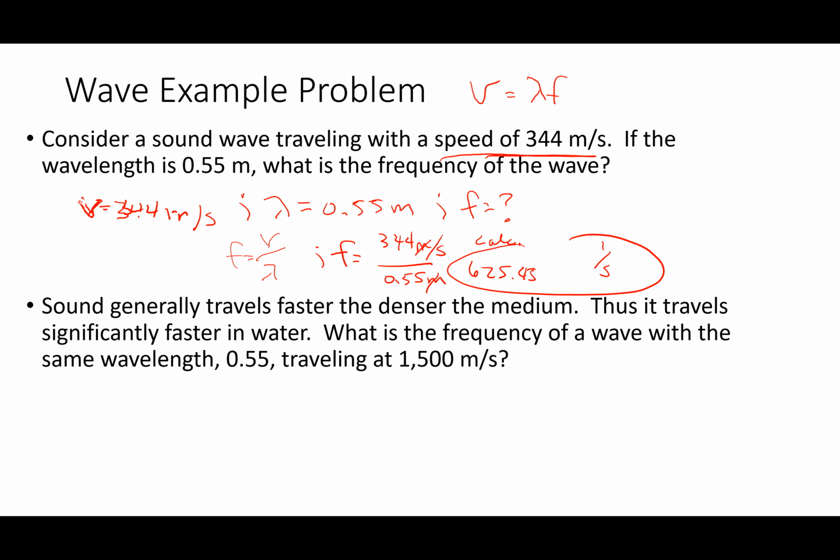So if I'm going with 2 digits, I'm going to keep the digit in the hundreds place, keep the digit in the tens place, and lop the rest off. So do I round the 2 up or leave it 2? I'm going to round it up, but I have to put a 0 after it to show magnitude. So 630, and then units are per second. Make sense?